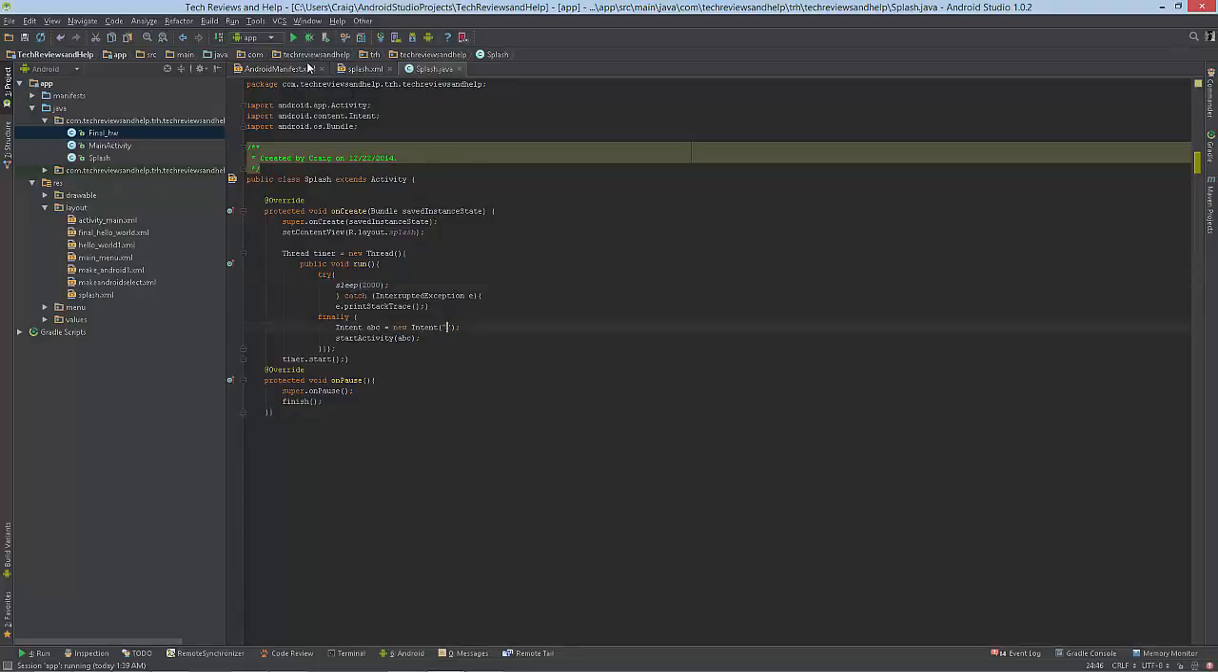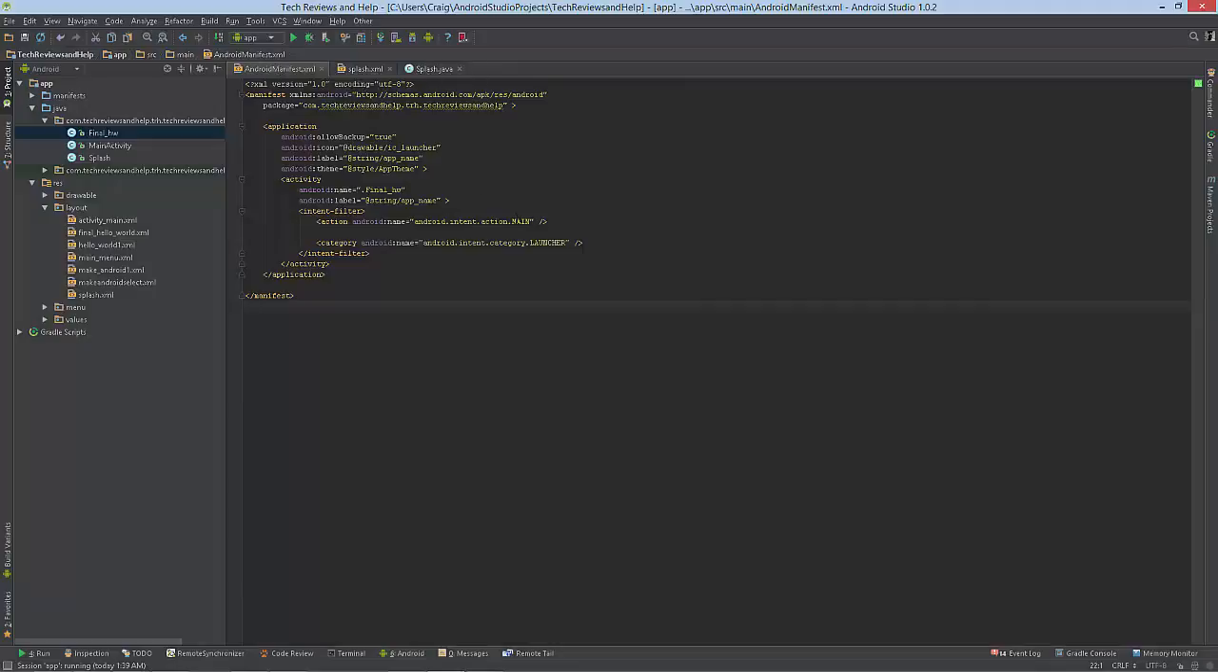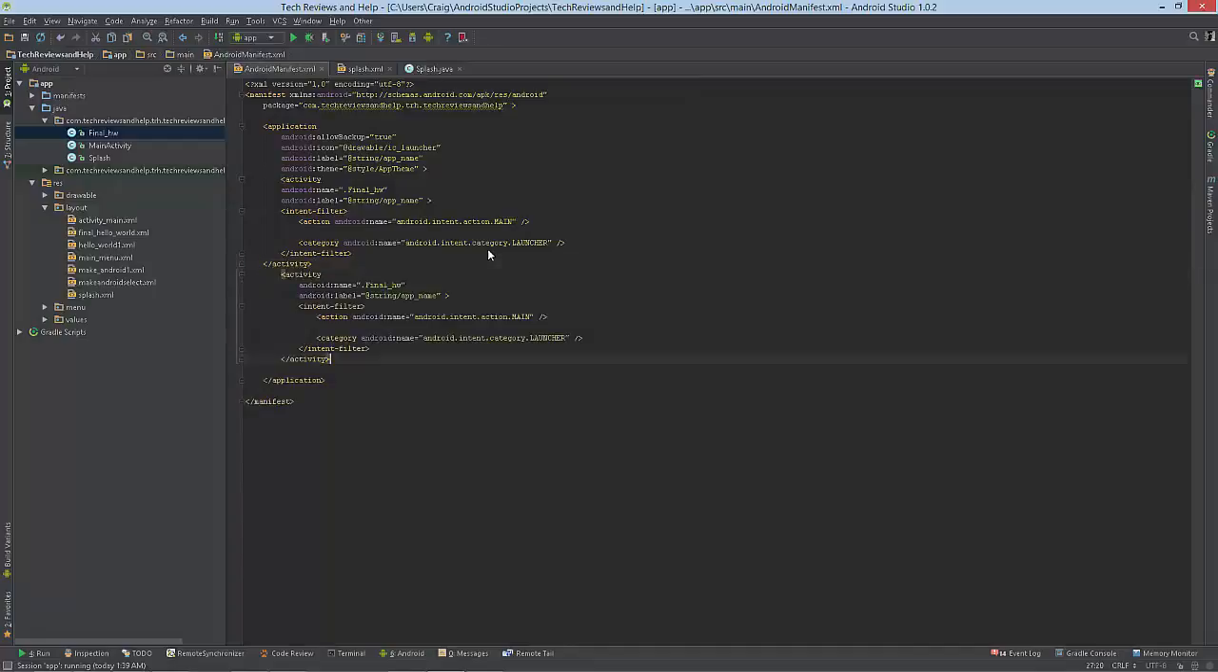So let's work on this intent part. We need to go to AndroidManifest. We need to go here, copy this activity to this activity to this activity. And then what we want to do is rename this to whatever we name this class. So, splash,